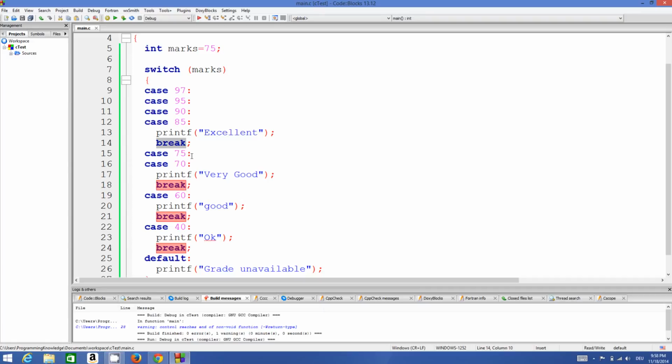Okay, so this is how you use switch cases in C programming. I hope you have understood the basic concept of switch cases,